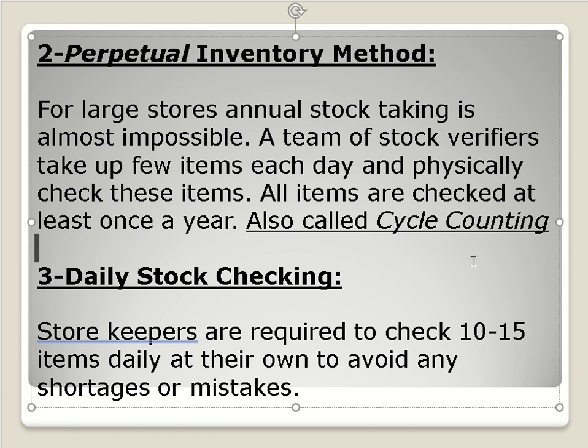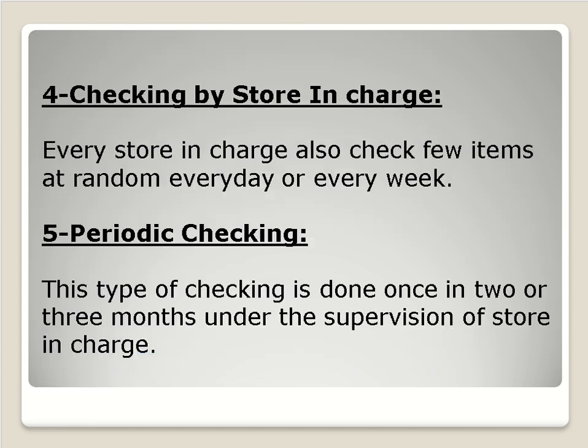And number 3, daily stock checking. Storekeepers are required to check 10 to 15 items daily at their own to avoid any shortages or mistake. Number 4, checking by store in charge. Every store in charge also checks few items at random every day or every week. And there must be a record of this activity. And periodic checking, this type of checking is done once in 2 or 3 months under the supervision of store